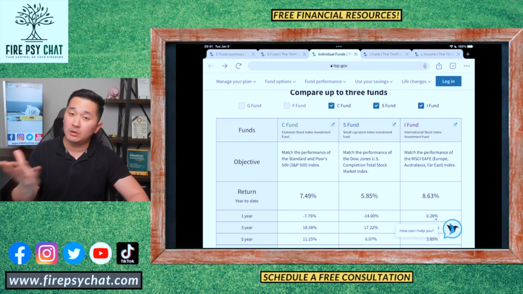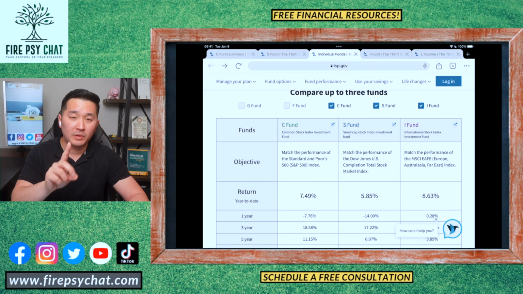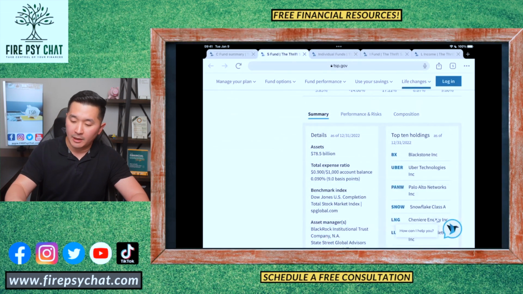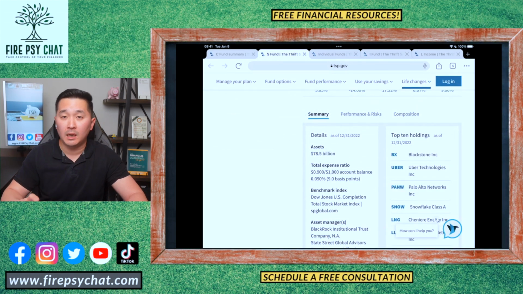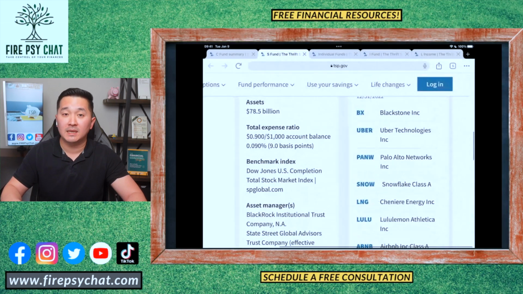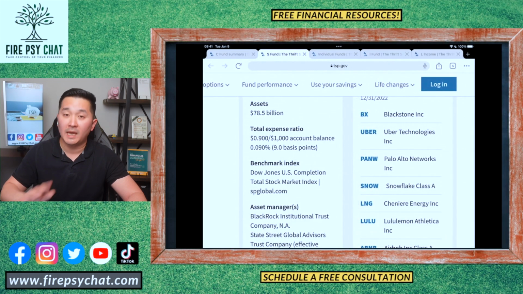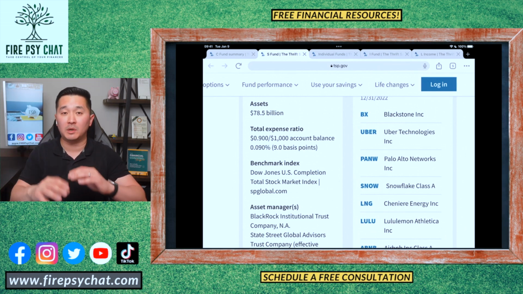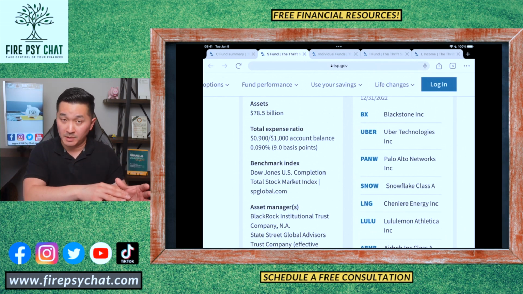So on a scale of, let's say, 1 to 5, with 5 being the riskiest, I would rate the C fund at about 3.5 or 4 out of 5. Okay. The risk scale for the S fund is probably, I would say, 4.5 or 5 out of 5 because it invests in small and medium cap US companies that are much more volatile in the market than the large cap companies, generally